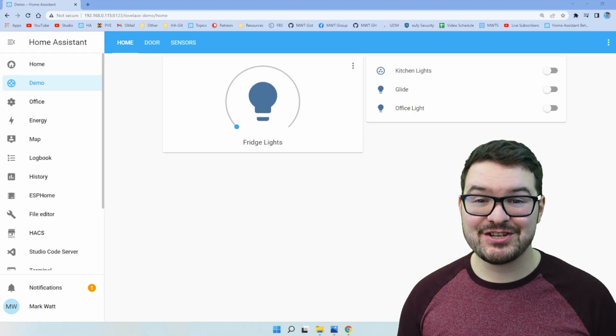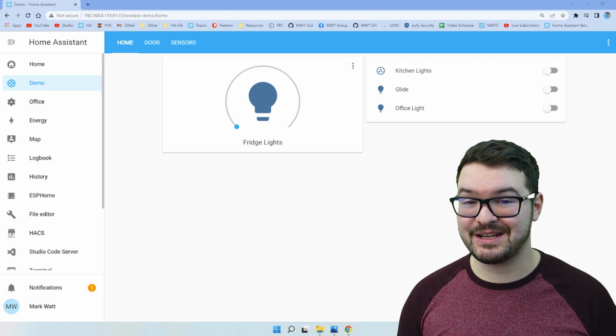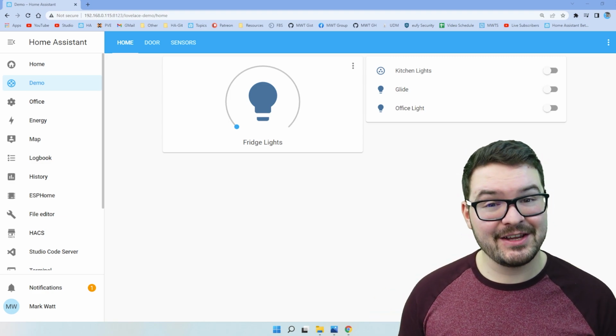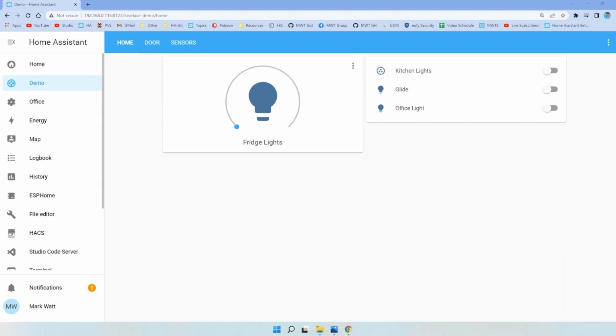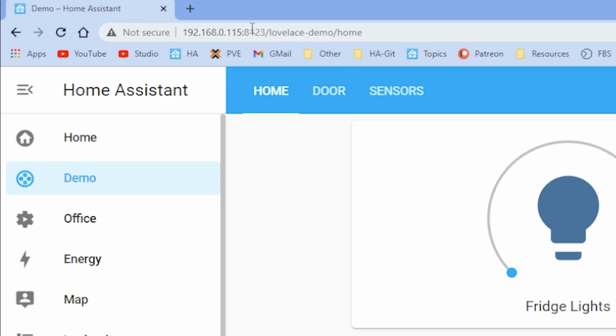If you've got the Cast integration set up and installed, then you're pretty much 90% of the way there. I'll just quickly show you how you go about getting the URLs for your dashboard and views, and then we'll have a look at some demos and automations. Getting the URL for your dashboard and views is quite straightforward. Up at the top in the address bar, you'll have the IP address and the port number for your Home Assistant instance. Followed by that, you'll have the name of the dashboard, and followed by that, you'll have the name